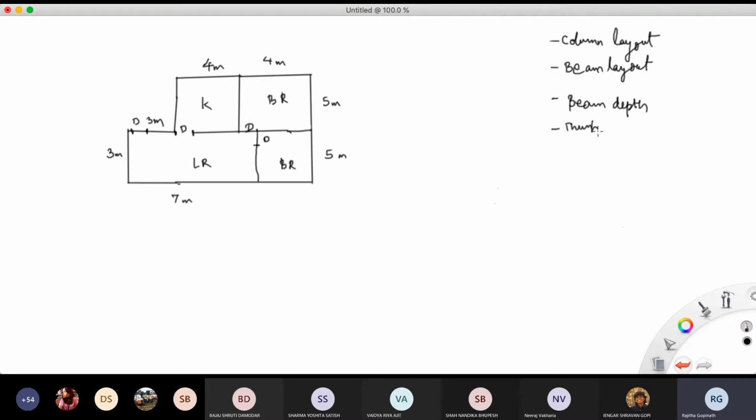So I'm just starting with a very simple layout of a house, ठीक है. Just imagine that it is on the ground floor, okay. ग्राउंड फ्लोर में आपका ये बंगला है और बंगलों में आपको इसका कॉलम लेआउट बनाना है, ठीक है. Don't think about any other different kinds of parameters that there are and whatever, ठीक है. तो ये वेरी सिंपल सा एक प्लान है.